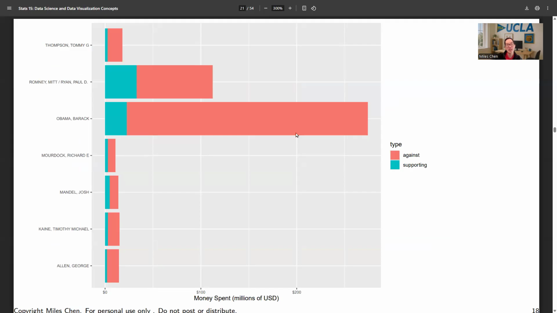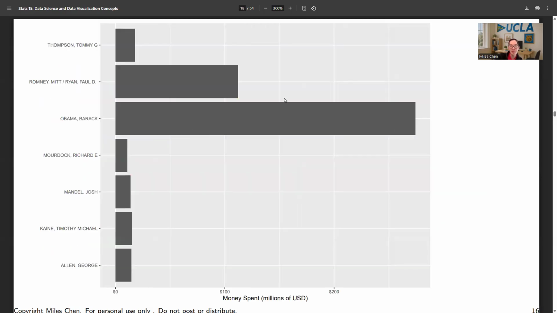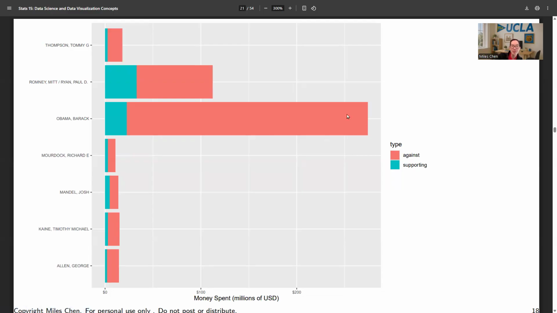And so if you actually look at the spending that was spent on Barack Obama and spending on Paul Ryan, there was actually a ton of ad money spent on advertisements that were against Barack Obama here. Looking only at the total amount spent, it feels like, oh, Barack Obama had a lot of money. But what's actually going on, if you look at this picture, is if you further divide it into how much was for or against, you see there was a ton of spending against Barack Obama, against people trying to, I guess, prevent him from winning a second term. And so it's important that we take a look at different variables, not just the numbers, but also it's important to check out different splits,